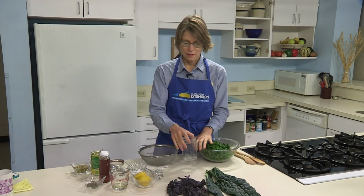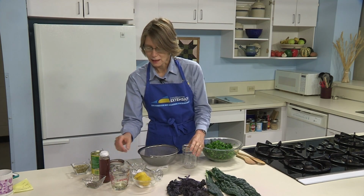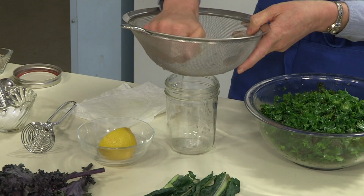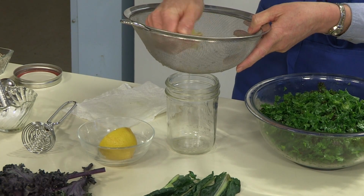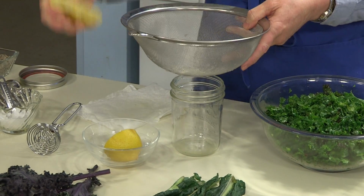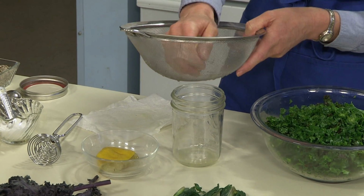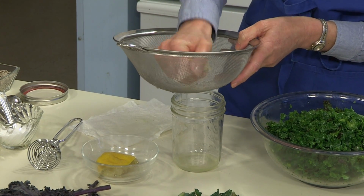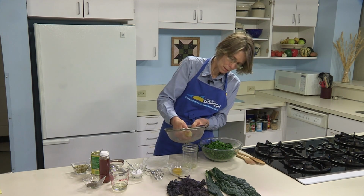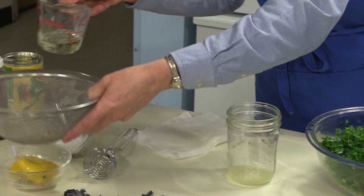So to make the dressing, in a small bowl, in this instance a jar, whisk together the remaining lemon juice, and we'll have to squeeze it. Or again, you can use bottled lemon juice if you want, which might be a little bit faster. If you have a lemon squeezer or an orange squeezer, that might make this process go a little bit faster. And whisk in